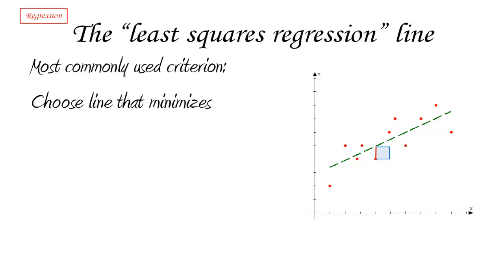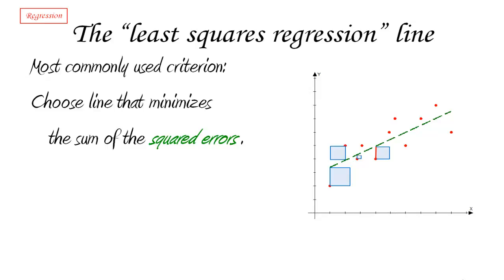So what we're going to do is the same thing for each and every one of these dots. We are going to choose the line that minimizes the sum of these squared errors. You can think of each one of those vertical distances as the error, the random variability that has occurred in the observations besides the relationship. So we're going to construct one for this point, one for that point, and one for each and every one of the other points. And we're going to choose the one line for which the sum of these squared errors